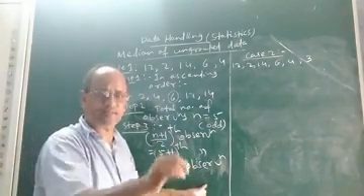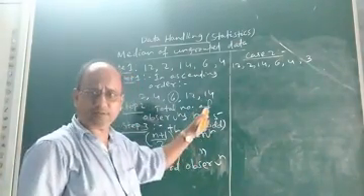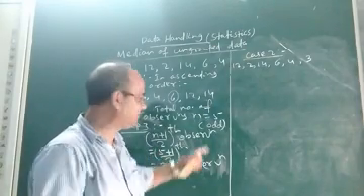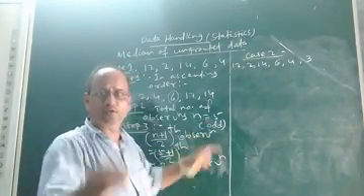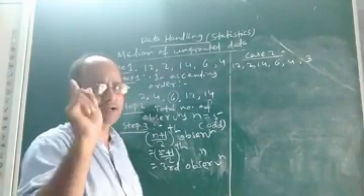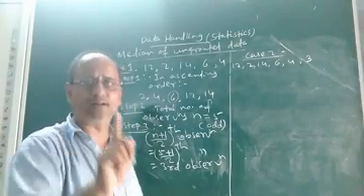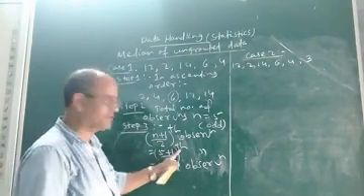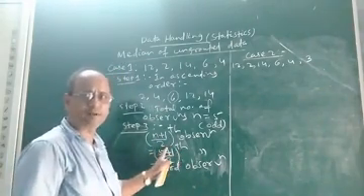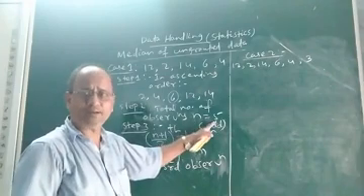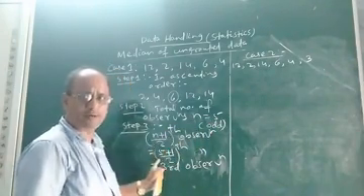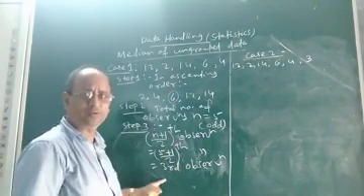So children, once again I am saying, if the total number of observations you find in a distribution is odd, then what will you do? You will immediately understand that the distribution will have one middle value. So how to get that middle value or middlemost observation? This is the process. Find (n plus 1) by 2. That means whatever is the value of n, put it here. (5 plus 1) by 2 is 6 by 2, and 6 by 2 means third.